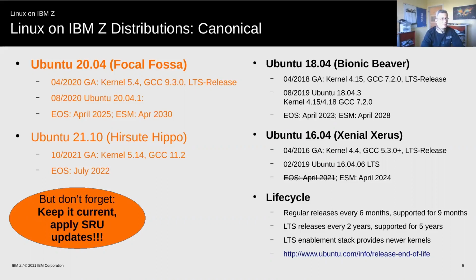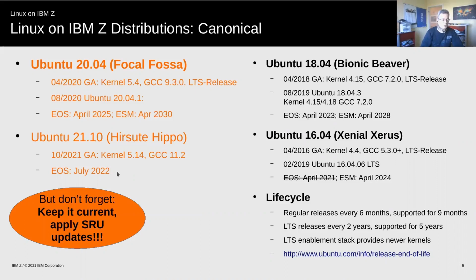However, the releases in between, which are not LTS releases, like, for instance, the very latest one, which was Ubuntu 21.10, they are only really supported for 9 months, and then you have to switch over to the next non-LTS release. And that's something which we felt is probably not really so great for typical enterprise customers,